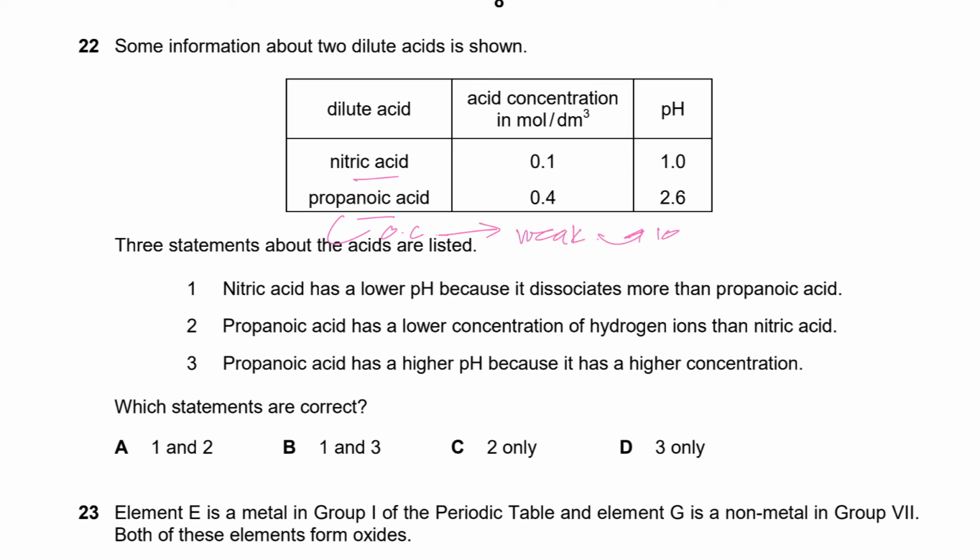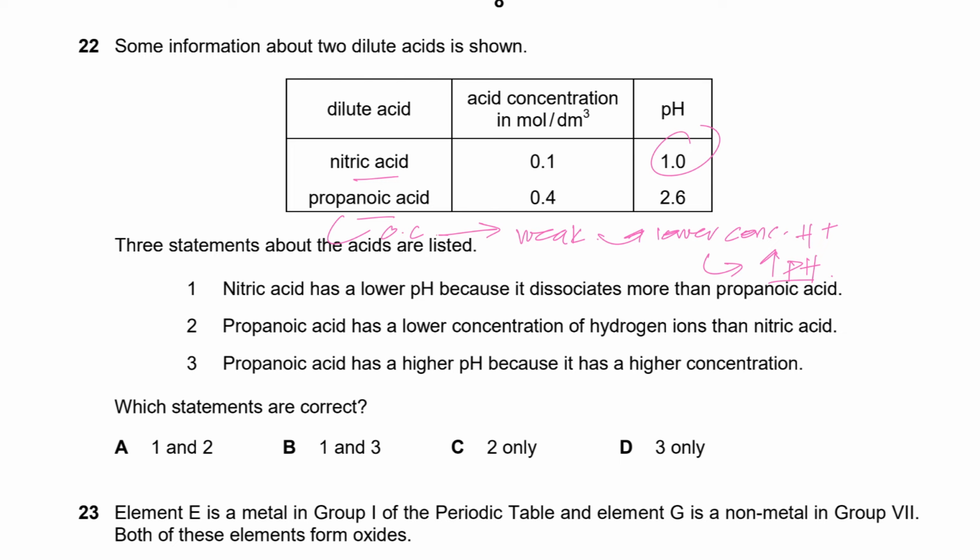They have a lower concentration of H plus ions, and if they have a lower concentration of H plus ions, they're going to have a higher pH. That's why they have a pH of relatively 4, 5. Not that of a strong acid, because strong acids have a lower pH. They have a higher concentration of H plus ions, resulting in a lower pH of around 1. Right? Now it says